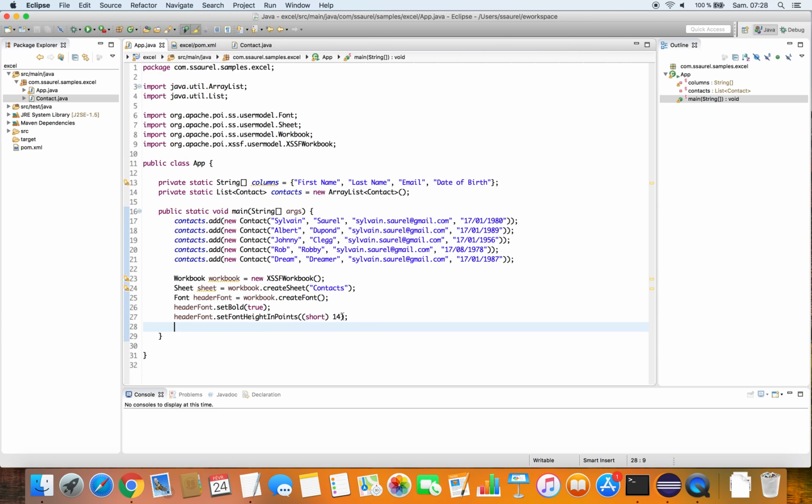And finally, we define a color for this style, a red color here.